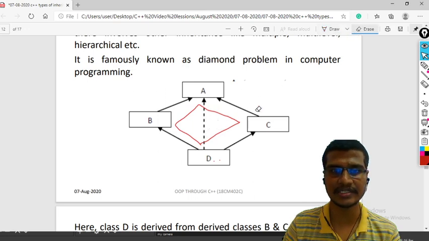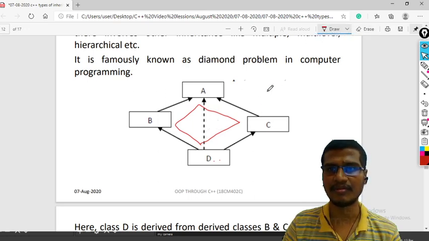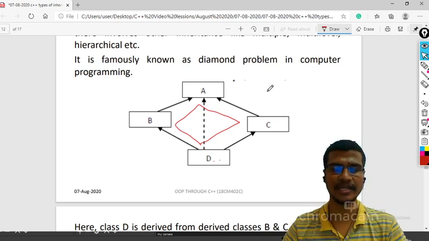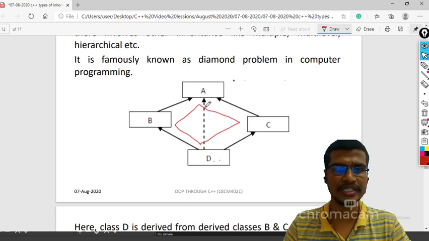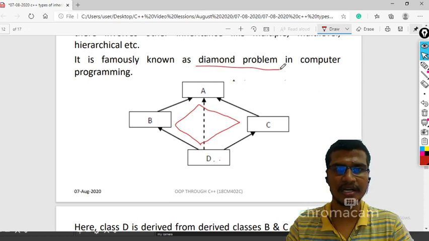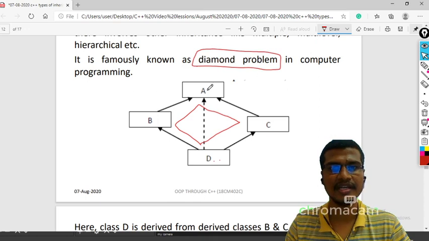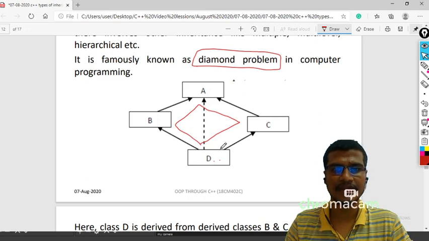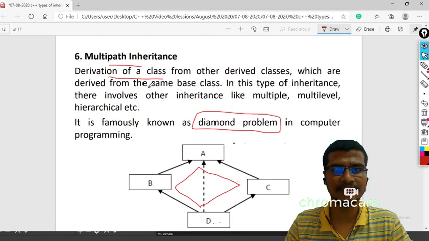I will discuss this diamond problem or ambiguity problem in the coming classes when I am discussing virtual base class. Before this, just keep in mind that there is a problem within this multipath inheritance. To rectify that, I have to make this common base class virtual. That we will discuss in the next class. But this type of inheritance is called multipath inheritance.